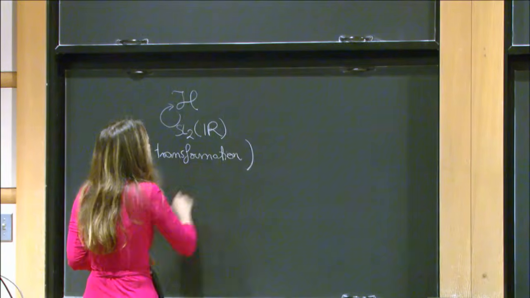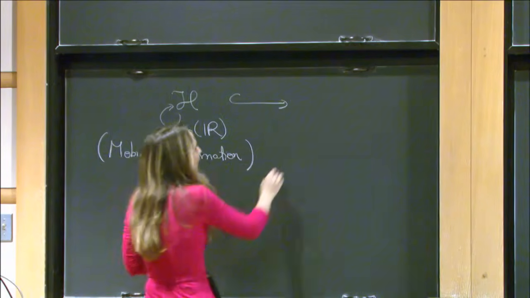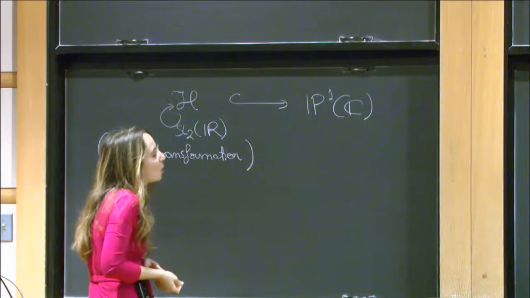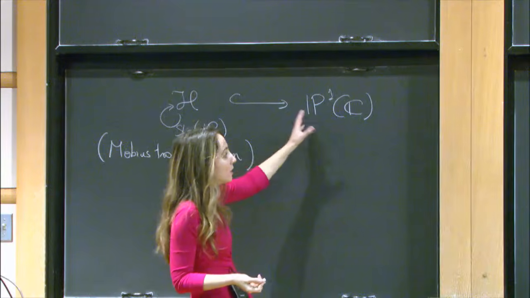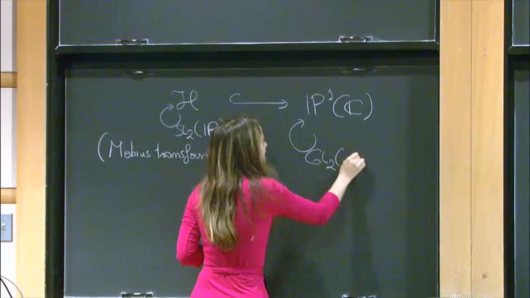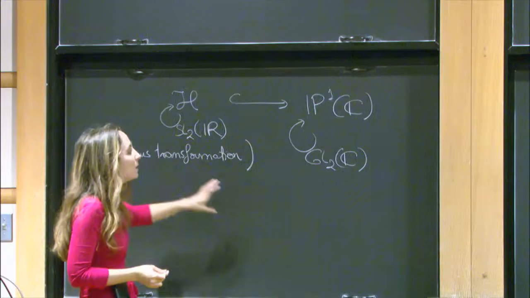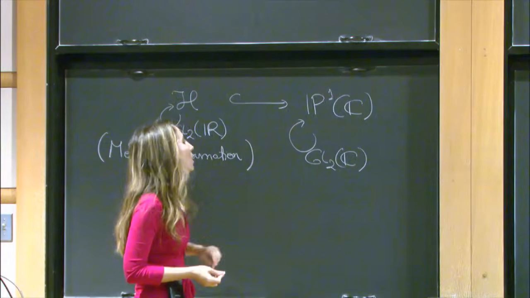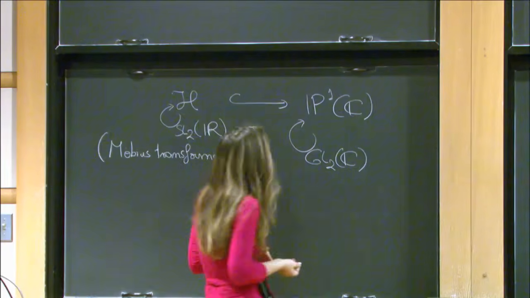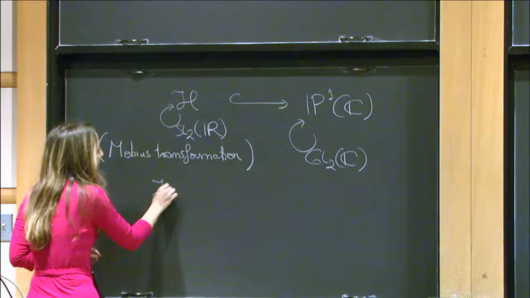another way of thinking about this action is you can embed, if you'd like, the upper half complex plane into P1 over C, the flag variety that parameterizes lines inside a two-dimensional complex vector space. And this has a natural action of GL2C, and the action of SL2R on the upper half plane is exactly the restriction of the action of GL2C on P1 of C. All right, so because of this,